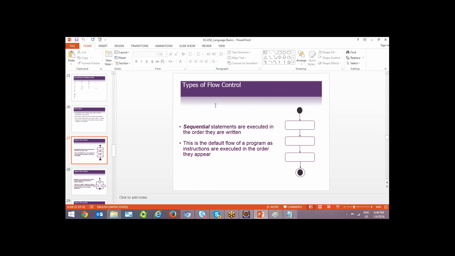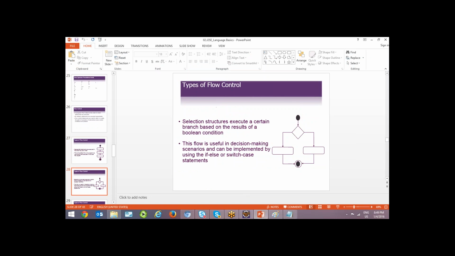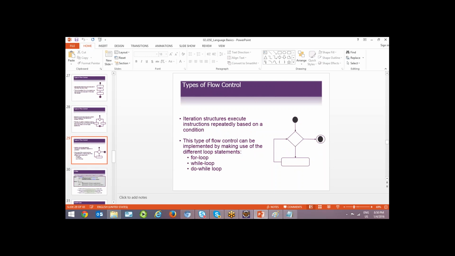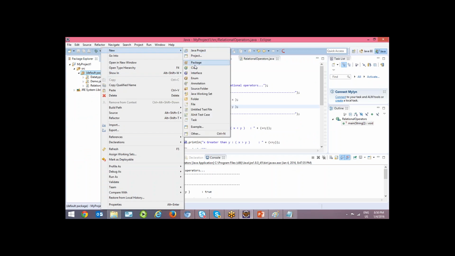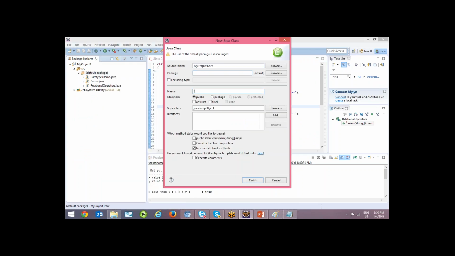Conditional and control statements, in which the first conditional statement is called the if conditional statement. Means decision making. First we'll test some condition. If it is true, we'll do something. If it is not, we'll do something else, right? So there are different types of looping statements. If certain number of statements need to be executed repeatedly, we go for looping statements, in which we have for, while and do while. I'll give you one example for each statement so that it is easy for you. First program I am showing you, if demo.